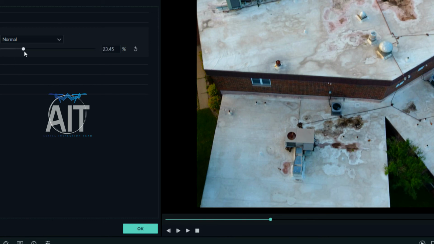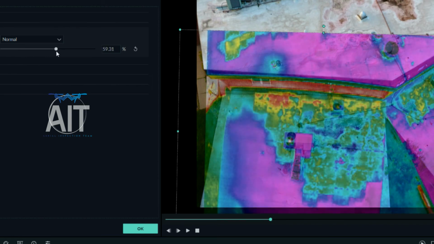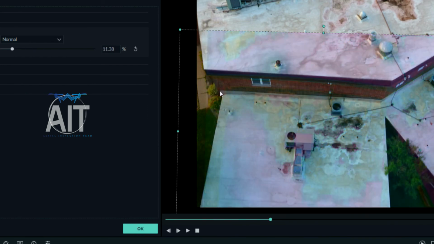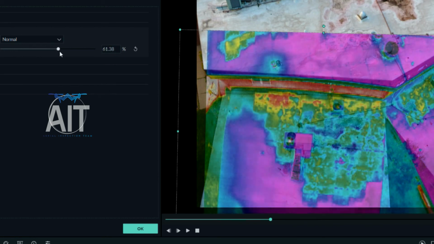Now we're going to bring in the thermal image on this one, and this is going to be a different color palette just to show it in a different way. And every client likes to see it in a different way. So with every client you work with, you want to find out what works best for them. As we come in here, you're going to see that actually where this roof layer runs up the wall, we were at a slightly different angle when we did this thermal image, so you're going to see it a little bit larger there. But as we bring it in,